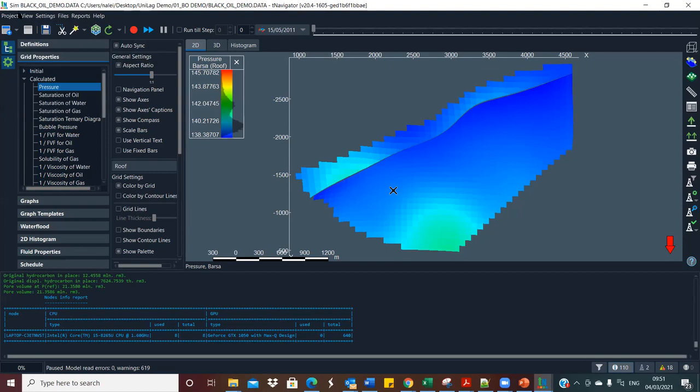So that's the main window, and then we have the top menu toolbar here. This top toolbar has some unique tools, and it also allows you to interact with your simulation. So this is a tool that allows you to split a model. Split and merge, that's what we call it. This is a tool; if you click on this, it takes you to the assisted history matching module,